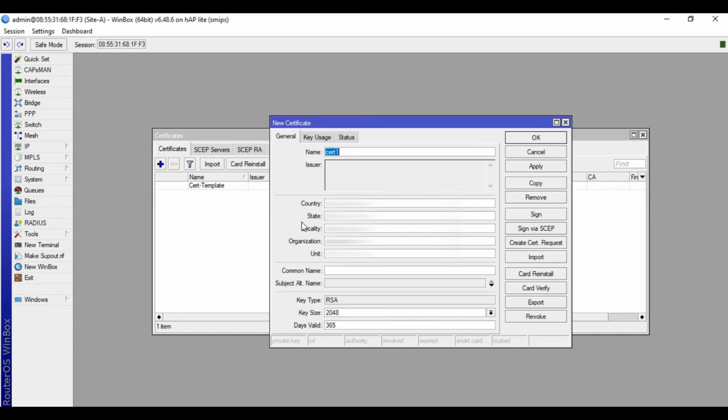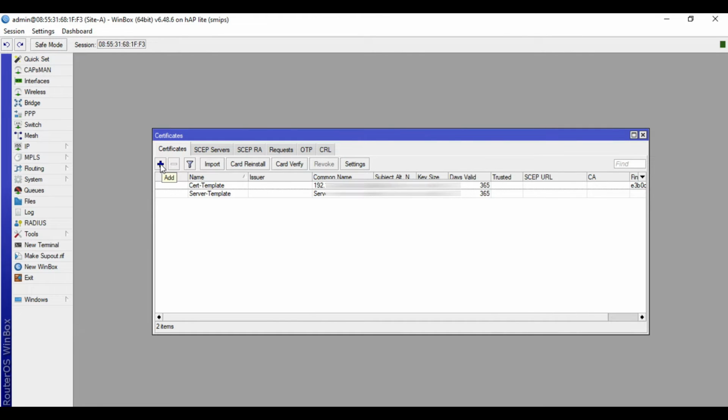We will also make a template for the server certificates and client certificates. So click plus again and name this one server template. Input again your desired credentials. For the common name, I'll name this one server. And for the subject alt name, choose IP. Click apply, then OK.